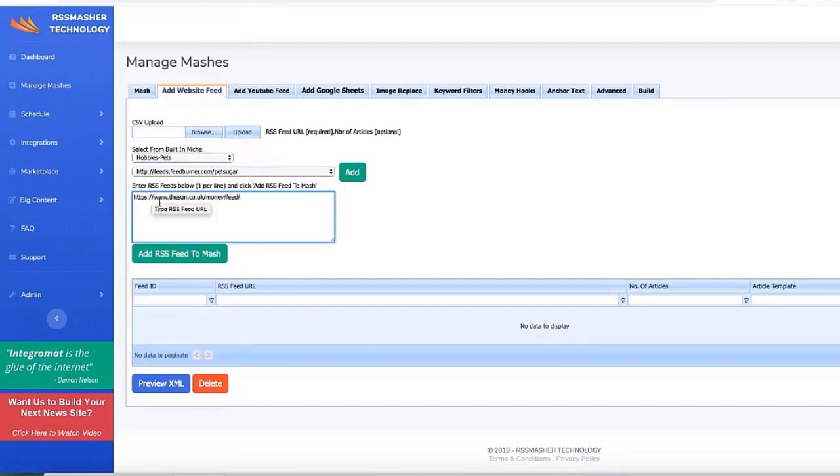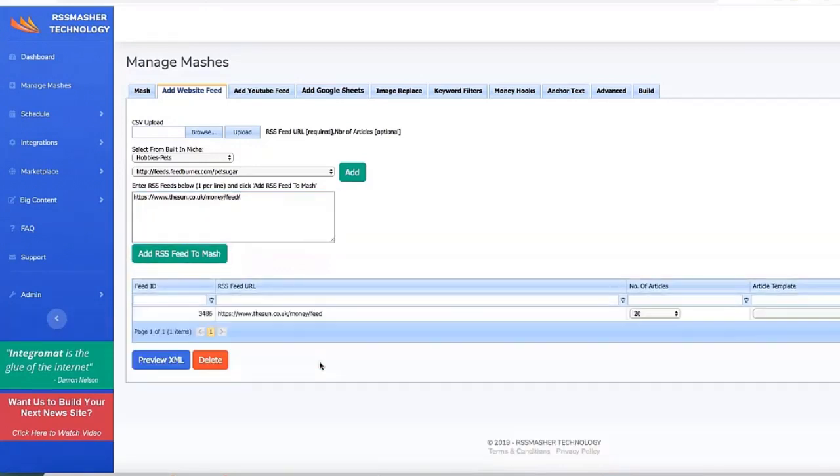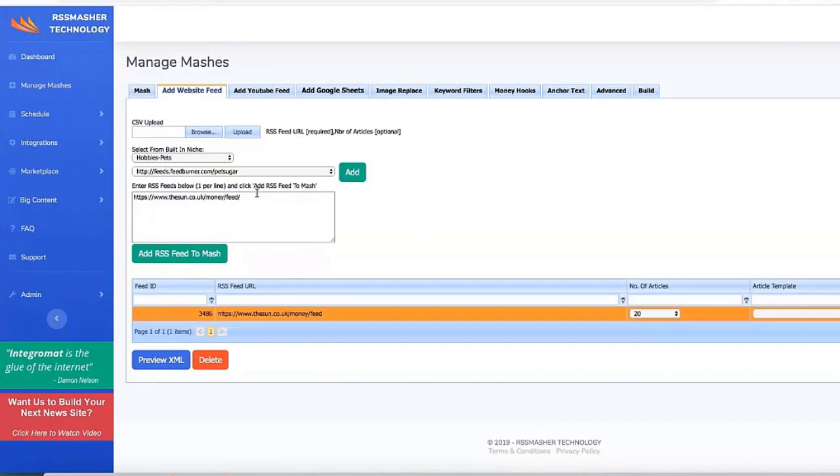As you can see there, I've taken a feed from The Sun, which is a popular website in the UK, and they've got a feed attached to their money section, which is perfect for what I want, and that will put that into this bottom box. As you can see there, it is. Now I could add another one and have them all in the bottom box ready, but I'm going to stick